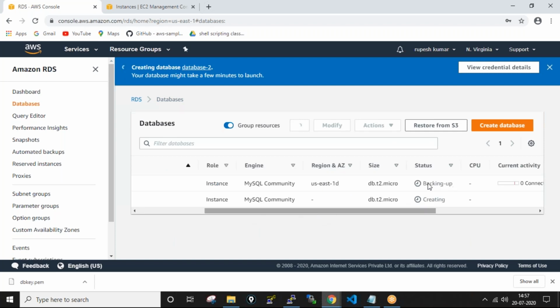So the first instance is getting backed up, so we can connect to this one.